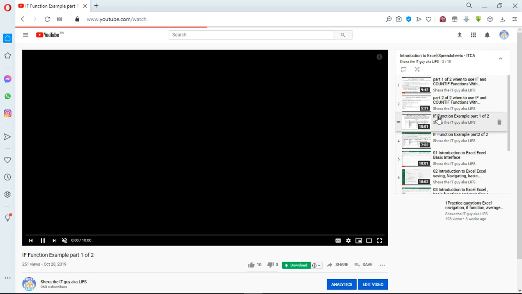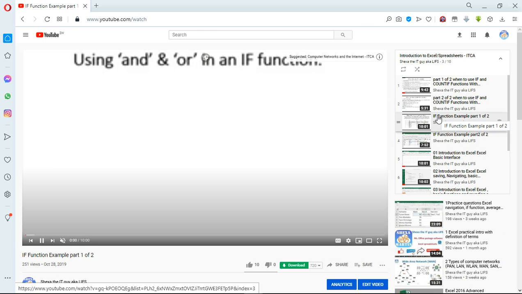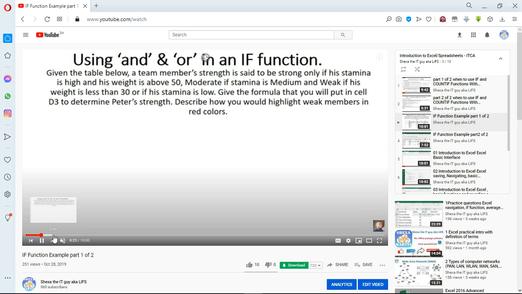Right, so I think this is the one that I'm talking about. Make sure you open this one, using AND or OR in an if function. So this is something which seems to be very complicated, but it's not.